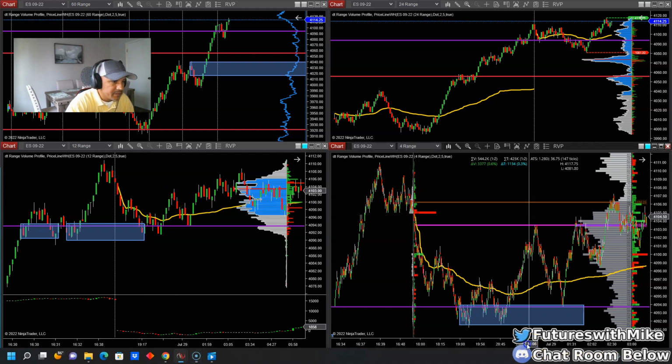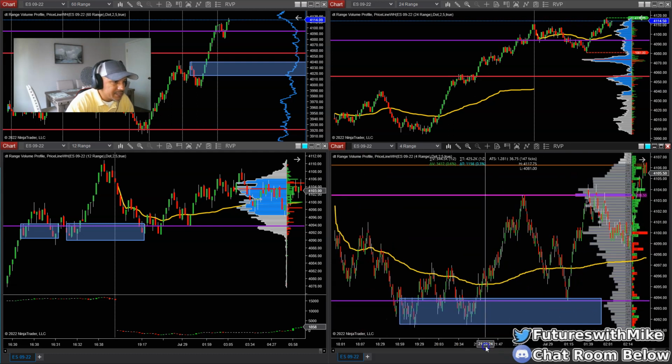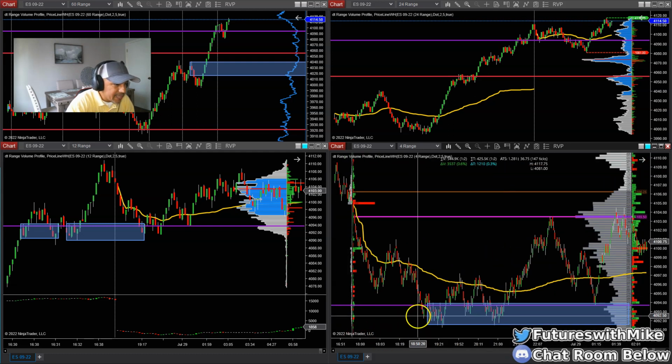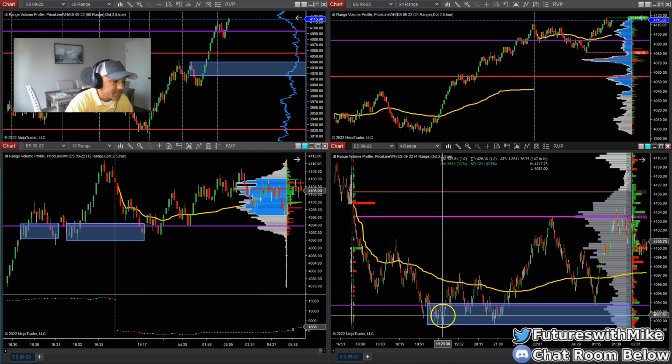Now, I believe there was also another little trade that I took too. So that was the entry there. But prior to that happening, there was a little swing area right here, a tiny little swing area off the 4 range. So when price hit this area of demand on the first test right here around 730, which I believe was right in this area, close in this area right here.